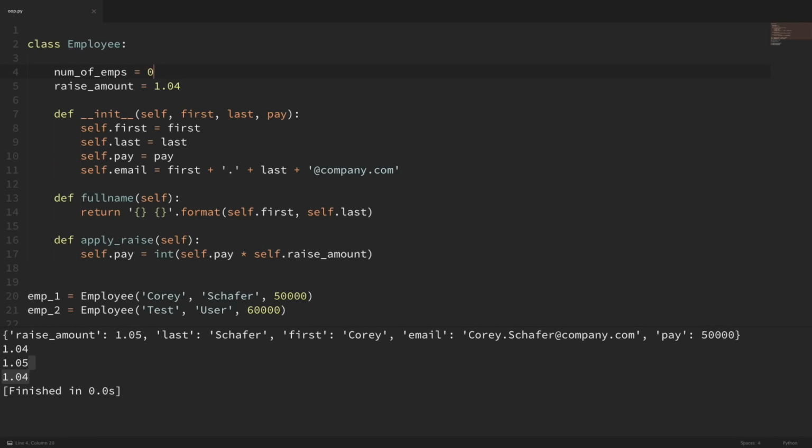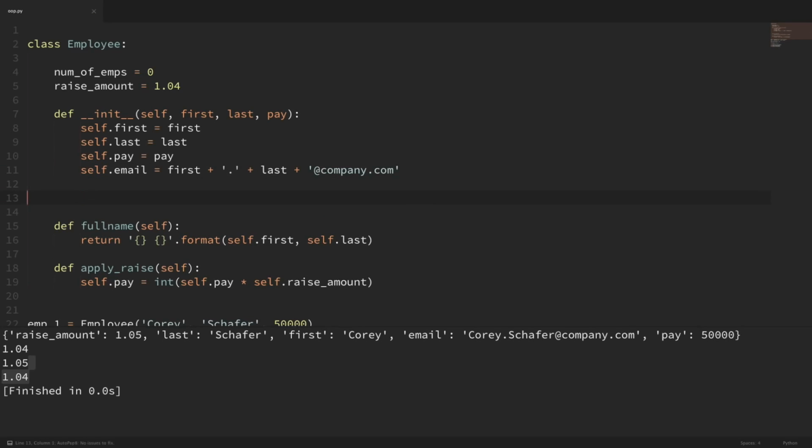Each time we create a new employee, I'm going to increment that by 1. I can do that within the init method, since the init method runs every time we create a new employee. So within here, I'm going to do Employee.num_of_employees plus equals 1.